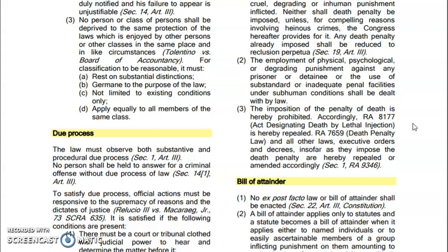The imposition of a penalty of death is prohibited now, as I have mentioned earlier. Tinanggal na rin yung sa by lethal injection na death penalty. Na-repeal na yon at ang maximum penalty natin ngayon allowed by the law is reclusion perpetua. There's a period given to that, no, yung duration.